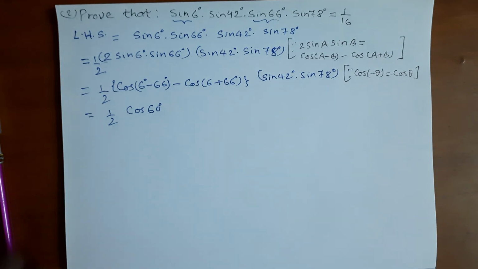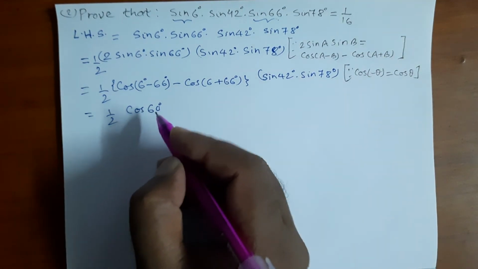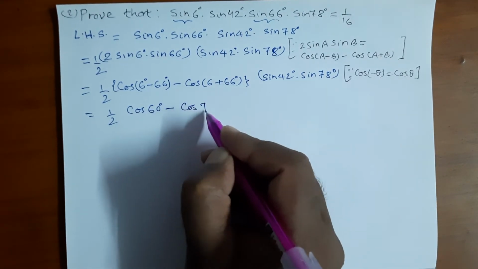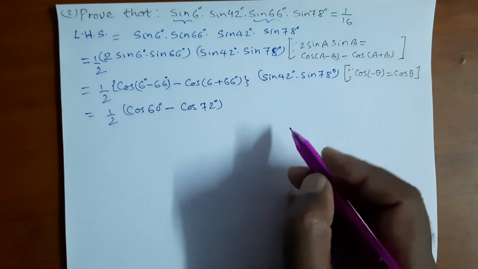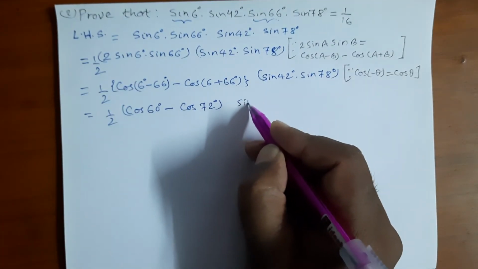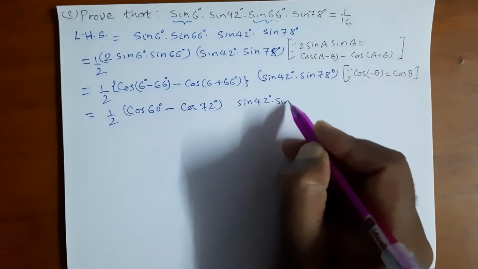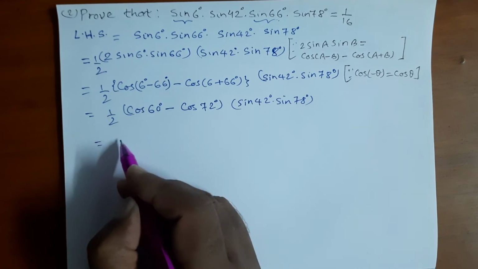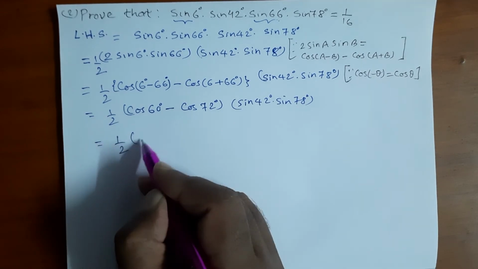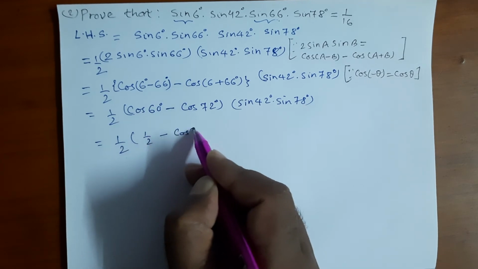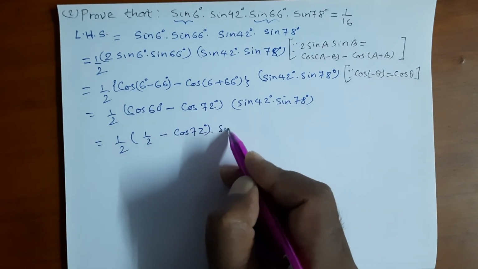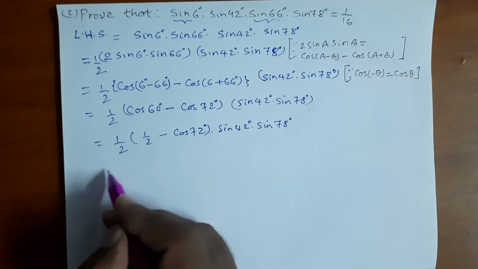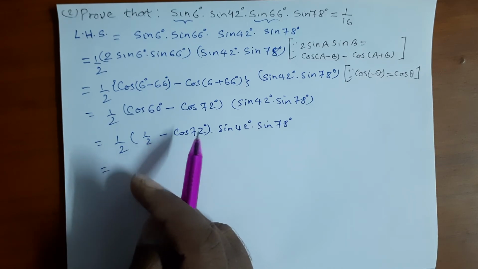So cos 6 minus 66, that will be cos minus 60, which is cos 60, and minus here cos 6 plus 66, that will be cos 72 degree. Here we have sin 42 degree, sin 78 degree as it is, and here 1/2 cos 60 degree value is 1/2 minus cos 72 degree, sin 42 degree, sin 78 degree, and now we can multiply by this 1/2 to this,